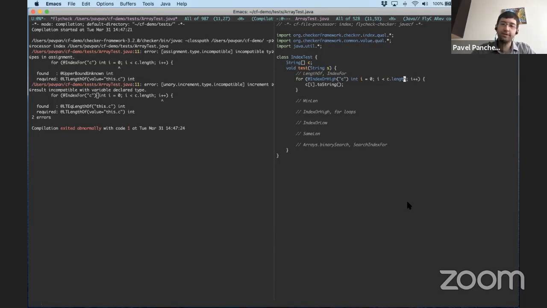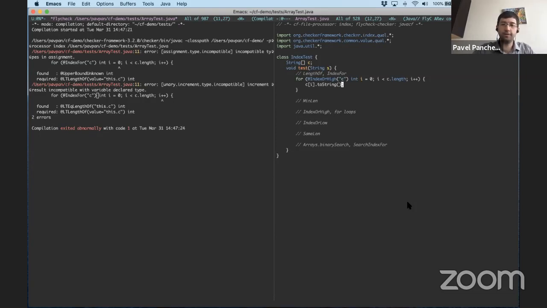Now, that part is a little subtler and has to do with this conditional. Remember that the increment only happens if the conditional returned true, if we went through the loop. When we do this test, we are comparing I to the length of C, and we find out that I is less. That allows us to refine I from index or high to just index 4. That allows us to enter this loop that shows that this array dereference is valid because we know that I is in fact less than C dot length. And this makes I++ valid.